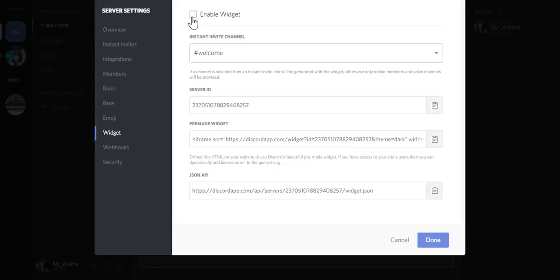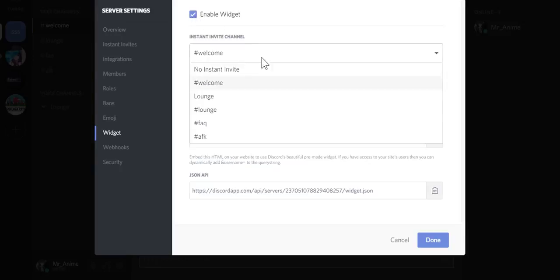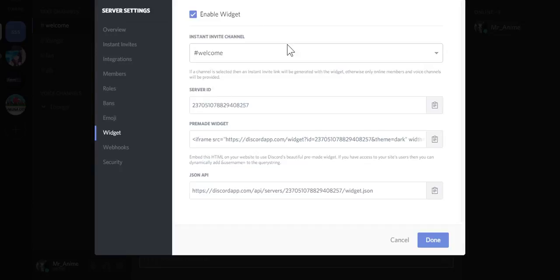Yeah, and then you guys got widget here, which is pretty neat. Basically, you can actually enable the widget right here. Then you get to choose a channel like Welcome, Lounge, AFK. Let's just do the welcome channel, because we want people to join that first, right? To know the rules and everything. And then we got the pre-made widget right here, where you can paste it in a